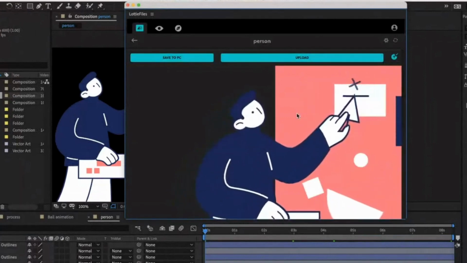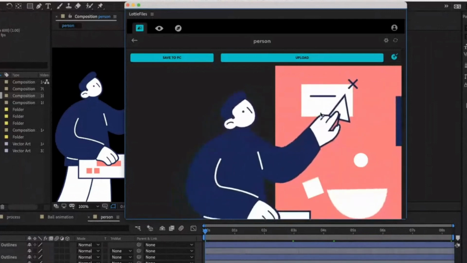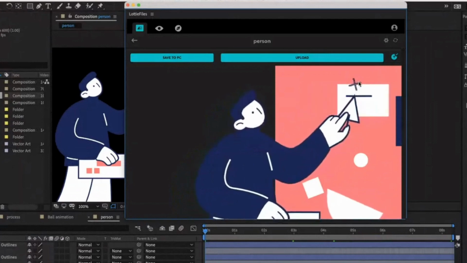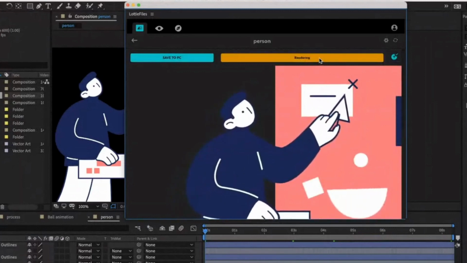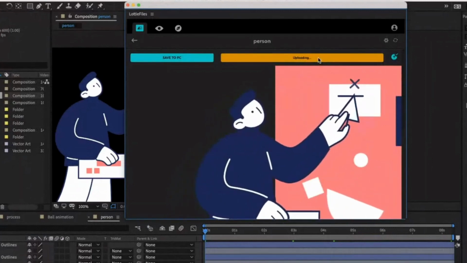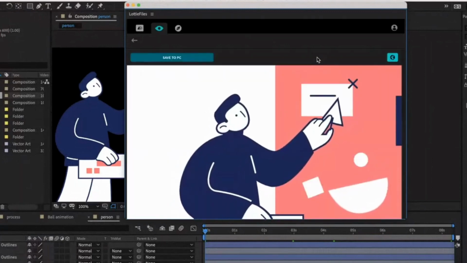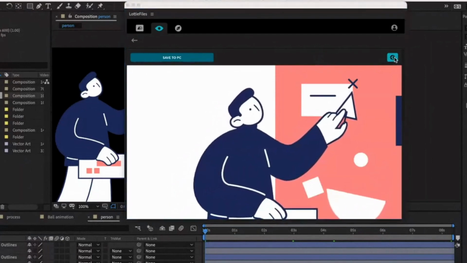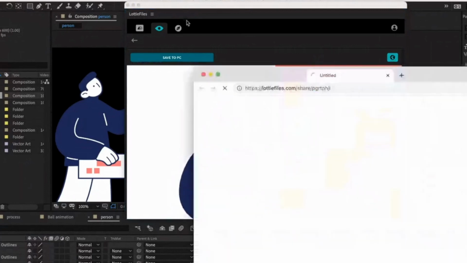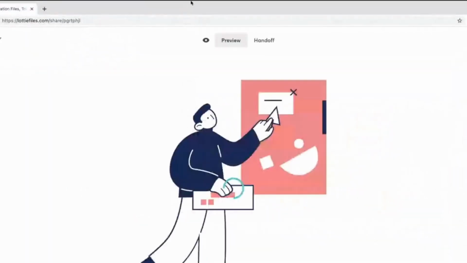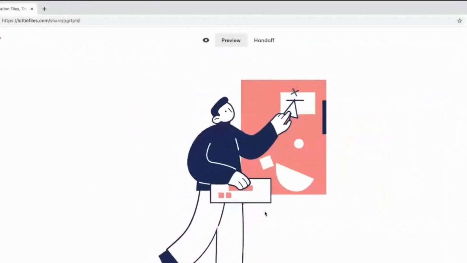As I mentioned earlier, at times you might find you've made your animation a little bit too slow, but that's the neat thing about being able to speed that up later. Then it's just a matter of clicking upload. It's uploading that. Then click on this little world icon. And this has uploaded that After Effects animation to a Lottie preview.